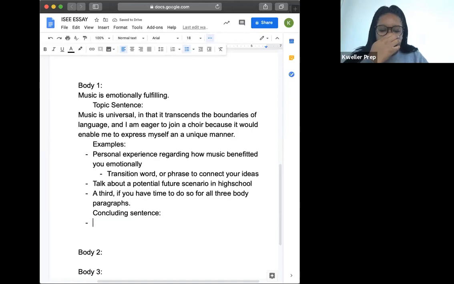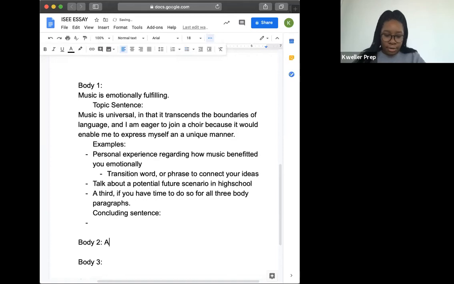You talk about something that closes up the idea, but also connects to what you were saying, maybe even broadens it a little bit. So you could talk about how that can connect to the next idea. So for another example, for your second example, it could be a new opportunity to make friends, right? Okay, that could be your second body paragraph's focus. And in order to connect, you want to be able to connect those ideas to keep the essay flowing. So your concluding sentence should conclude your ideas, but also maybe give way for the next idea that you're going to talk about. So you could say,